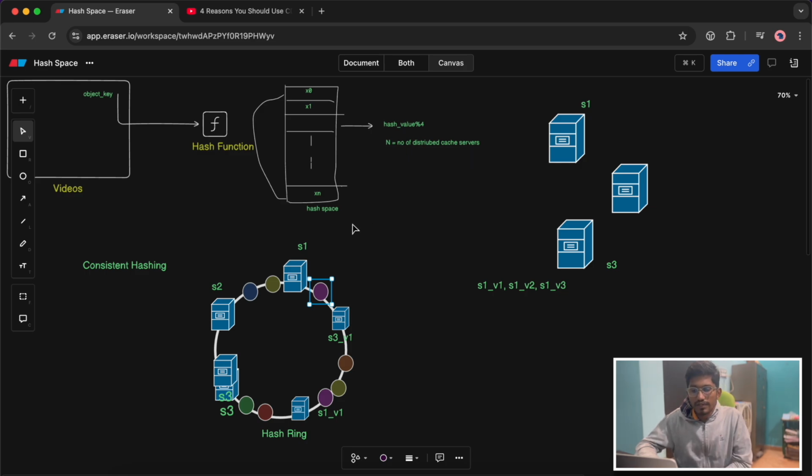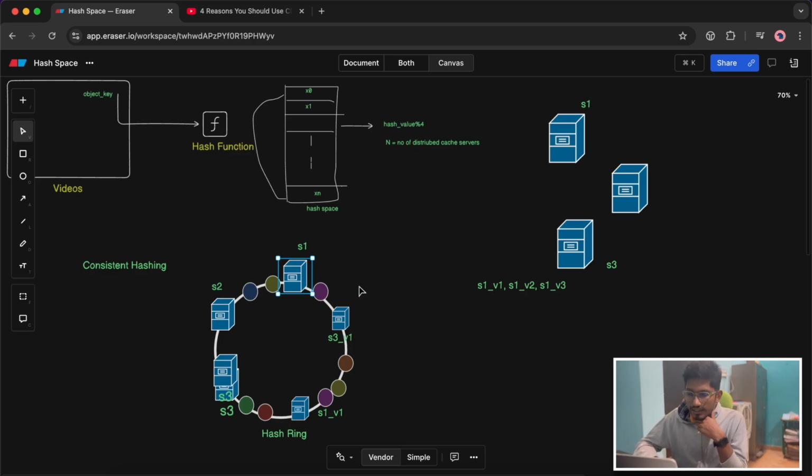But there is a trade-off definitely, because you will be storing the metadata for each of these virtual servers, because all of these virtual servers finally target this single physical server. So it will definitely take a lot of space from your hash space, and you have to store the metadata repeatedly and redundantly in your hash space. So that's up to you. That's a trade-off you have to make in order to accommodate even load distribution and have fault